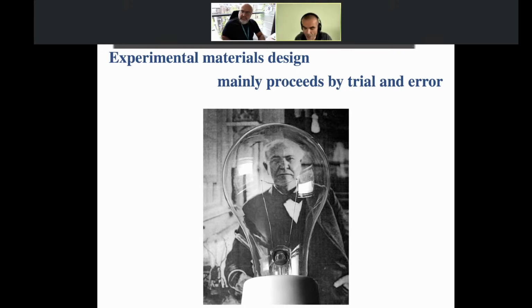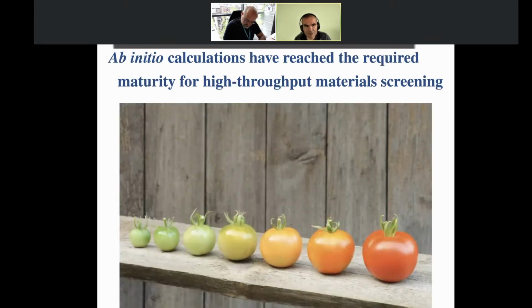Luckily, thanks to the efforts that have been made in our community of ab initio calculation, the prediction of materials has become so good, I would say, that we've reached a maturity where it's possible to screen materials by computing their properties in advance. The way it works is as follows.